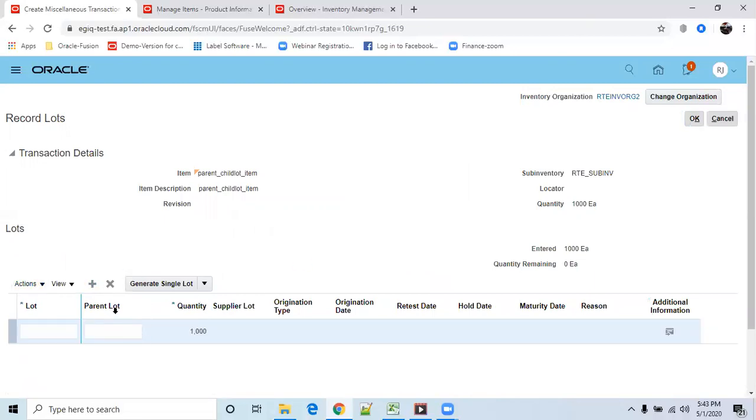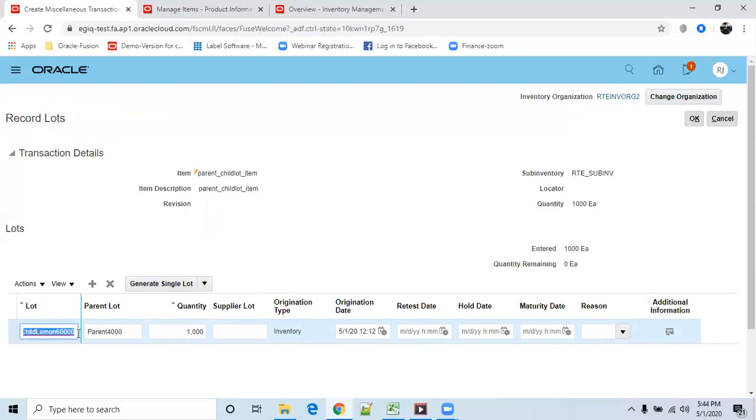Okay. First you generate the parent lot. So here just open the drop down. Click on generate parent lot. So the system created the parent lot based on the parent lot prefix and starting number. Now after that, you come to the lot, click on single lot, generate the single lot. So what will the system do?